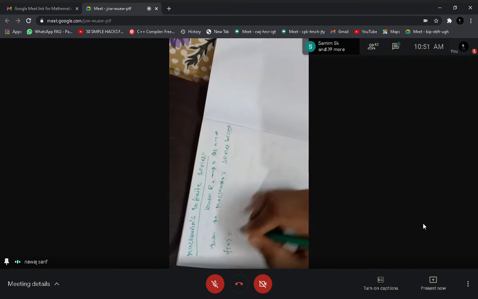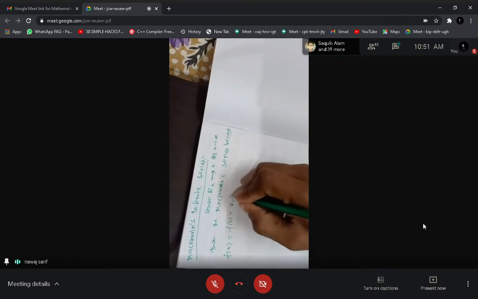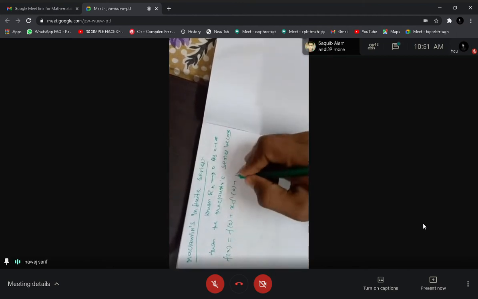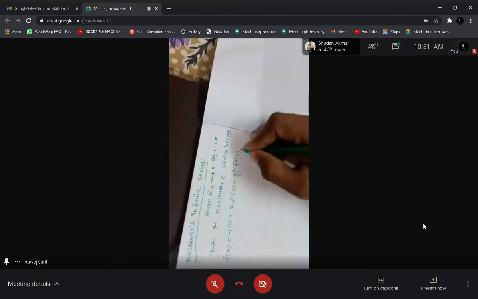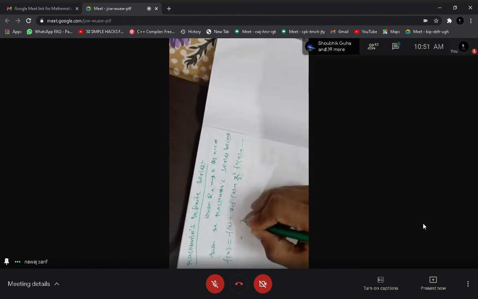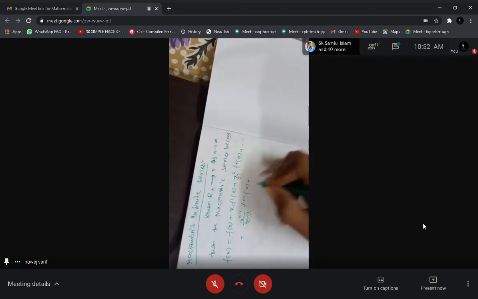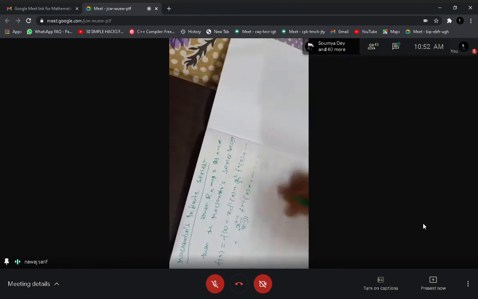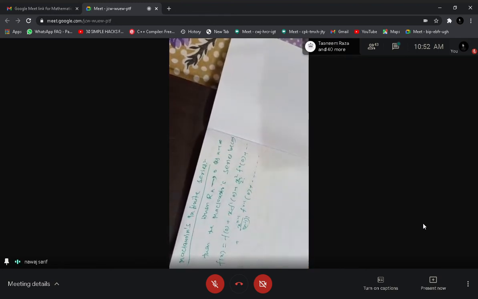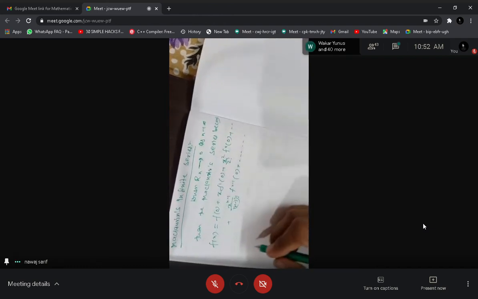f(x) equals f(0) plus x into f dash 0 plus x square upon factorial 2 f double dash 0, then plus x to the power n minus 1 upon n minus 1 factorial f^(n-1)(0), and this will go to infinite terms. This type of series is called Maclaurin's infinite series. So for example,